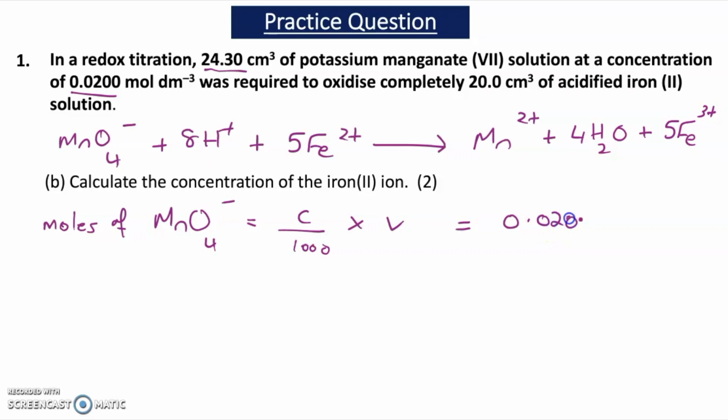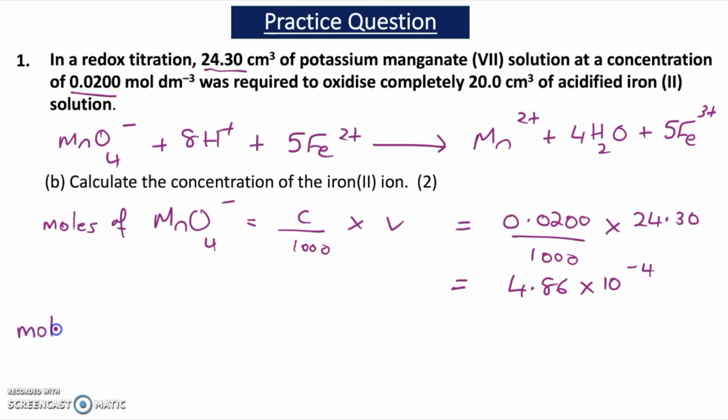So all we do is concentration over 1,000 times volume, so it's 0.0200 over 1,000 times the volume, which is 24.30, and if you do that you get the following number of moles. It comes out to be 4.86 times 10 to the minus 4, and that's the moles of